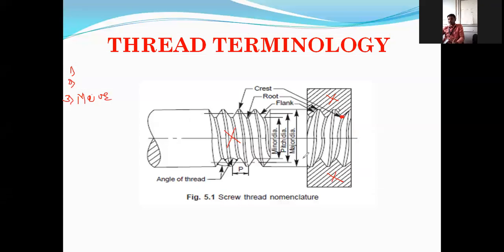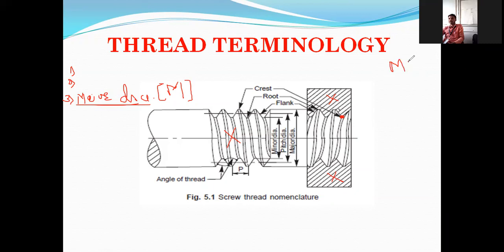Suppose you want to purchase sugar, you can simply ask the shopkeeper to give 1 kilogram, 2 kilogram, 3 kilogram of sugar. But suppose you want to purchase a nut and bolt, on which basis can a nut and bolt be purchased? It is on the basis of major diameter or nominal diameter. So in short, it is called M, capital M. M for nominal diameter or major diameter. In the shop, different nuts are there.